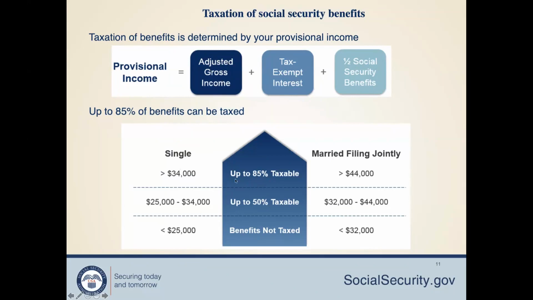I think in our group everybody will be 85% taxable even after retirement. So for married filing jointly, if you get more than 44,000, it is 85% taxable, where 15% of the benefit you don't get taxed on. But if it's low income, less than 32,000, where Social Security is basically the only thing, then they are not taxed.